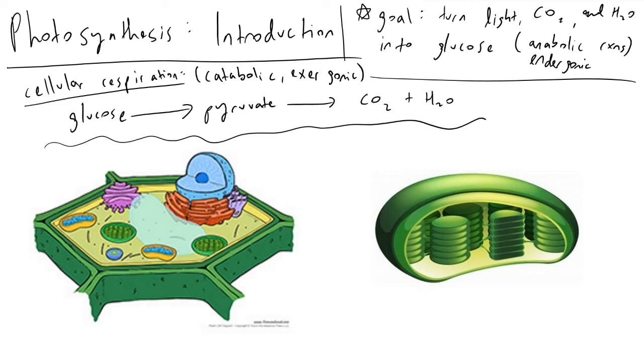Now, when we're performing photosynthesis, what's going to happen is we're going to be building up carbon dioxide. We're going to be reducing carbon dioxide, going in the opposite of oxidation, in order to synthesize sugar. And it's going to be an anabolic reaction. Think of anabolic steroids. You're building up muscles, you're building up carbon dioxide in this case to turn it into glucose. And what is going to need to happen, therefore, is we're going to need to supply energy to our system. Energy will need to enter our system. It will need to be an endergonic process. These are non-spontaneous processes, and therefore somehow we're going to be supplying energy to our system